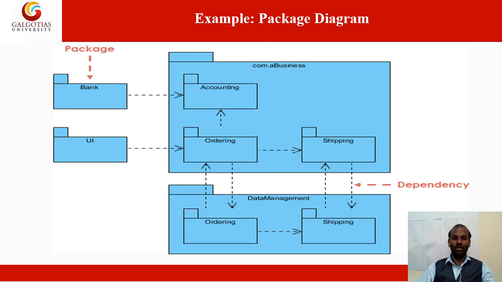So now you have plotted all the different packages, and it is time to give the communication between all your package diagrams. Let us take the example of this particular business. The accounts department depends upon how many orders are placed by the particular customer, and this ordering depends upon the user interface and how the user interface communicates. Due to that only the order happens, and based upon the order done, the shipping is transferred from one place to another. And this order information and the shipping information are communicated by dependency to the data management package diagram.